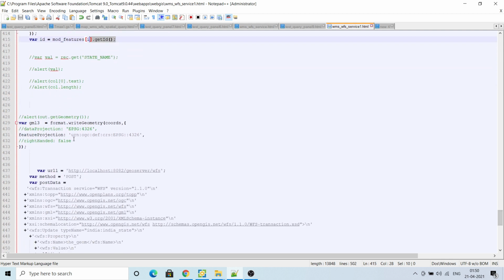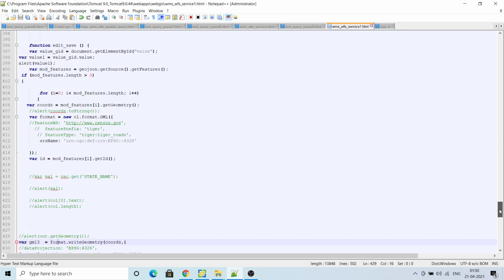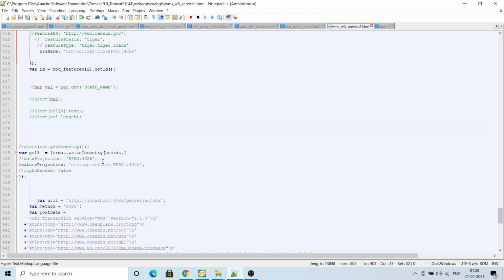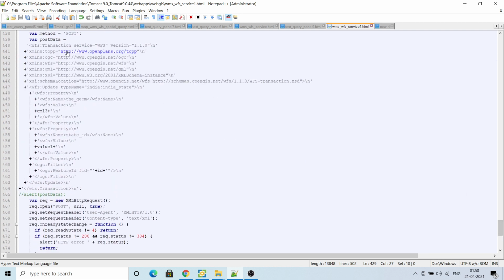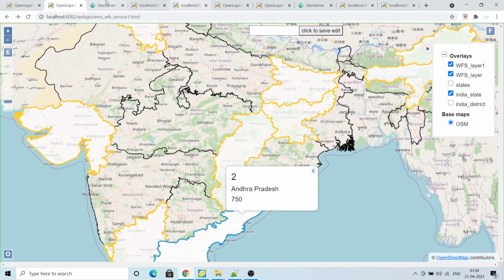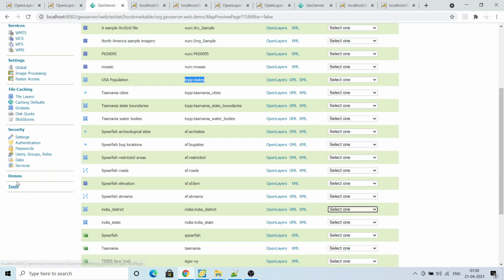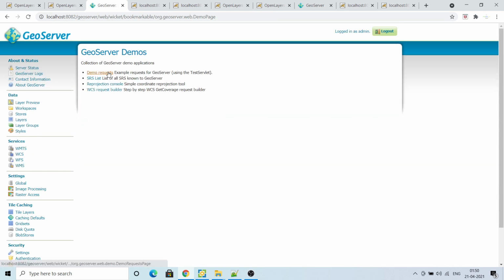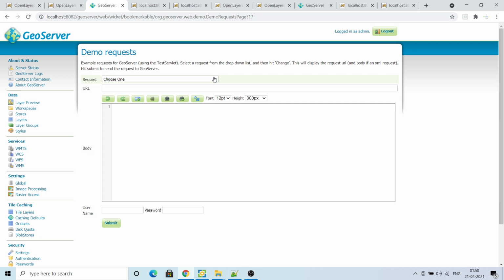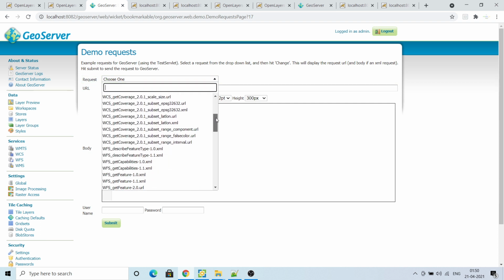Then I am writing it in the GML format. As you can see here, this format is ol.format.GML. So I am writing it into the GML format, and this is the same script which is inside the GeoServer under the demo request, basically update.